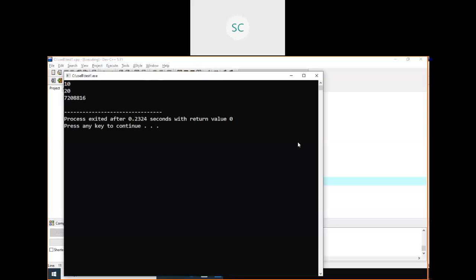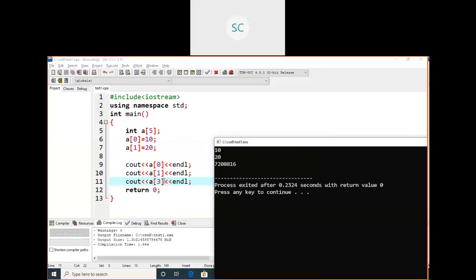See, a of 3 does not consist of any value, right? a of 5 means you can store 5 different values within a, but here I have assigned only a of 0 and a of 1. If you are not assigning any values to the remaining index positions, it will assign some random number within them.